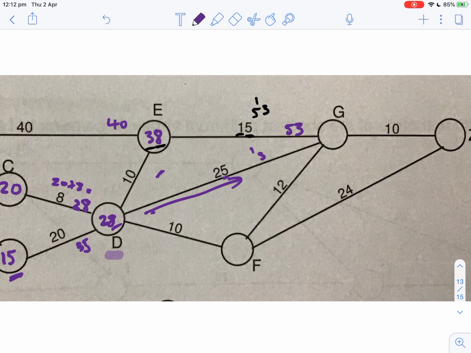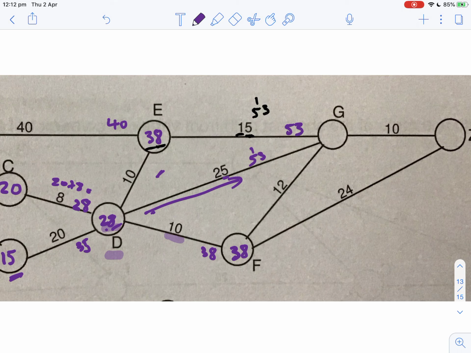2 plus 2 is 4, plus that 1 would give me a 5. So I'd also have 53 coming along this way. Otherwise, I might have come via F. F, I'd have 28 plus this 10, so just so you can keep track of where I am, I'm at this 28 plus this 10 here. So that would give me 38 coming along this way, and there's no other way, so I'd write my 38